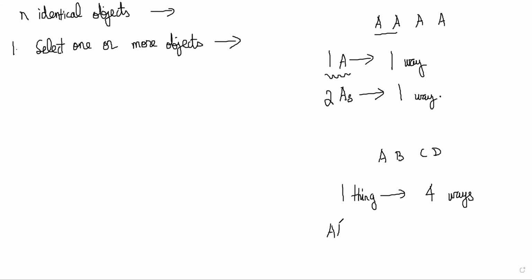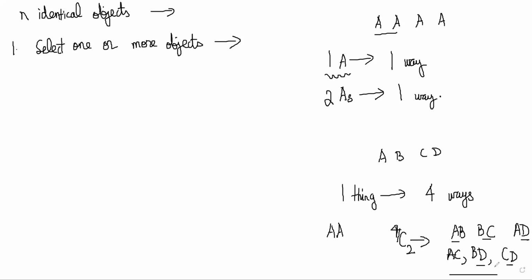What is the difference between one way and another way? All of them are identical. There is no other way. If it was different things, then 4C2 was coming because AB is different from BC, is different from AD, is different from AC, is different from everything, right? These are different from each other. What is the difference here? There's nothing here. There's only one way. Similarly, 3A's also there is only one way, and 4A's also there is only one way,